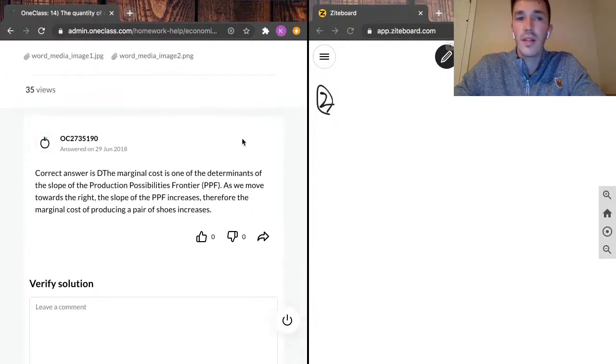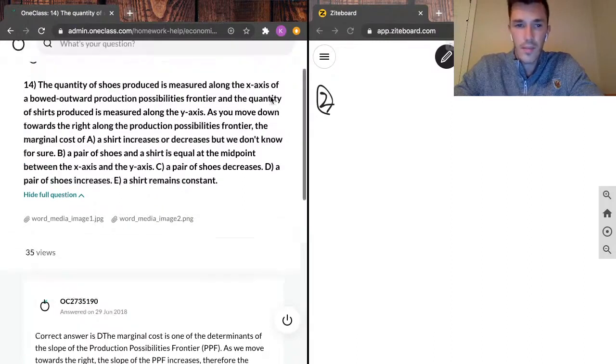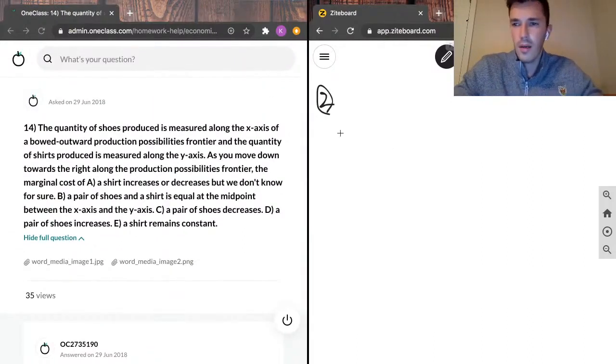And what our junior tutor here has written is that the correct answer is B. The marginal cost is one of the determinants of the slope of the production possibilities frontier. As we move towards the right, the slope of the PPF increases, therefore the marginal cost of producing a pair of shoes increases. So if we remember,